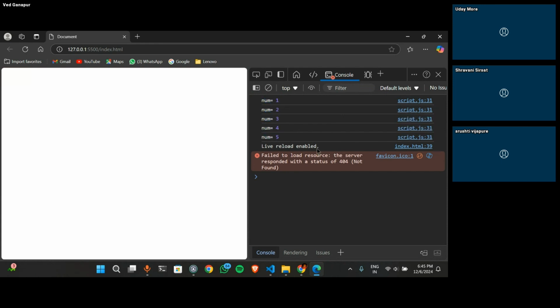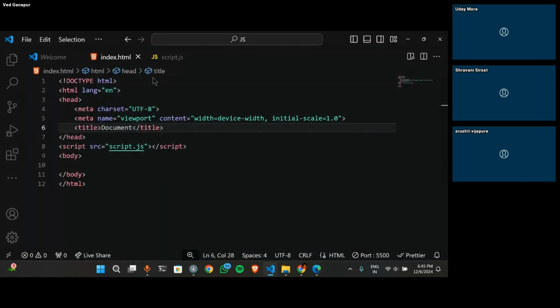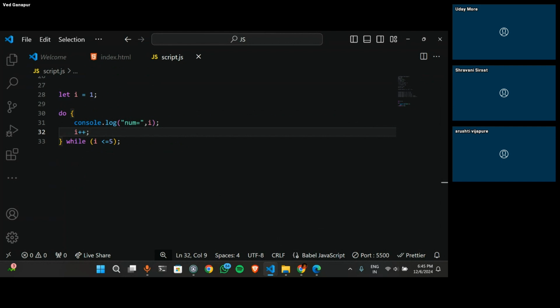हेच नंबर 1 2 3 4 5 हे आपलं प्रिंट झालं, ठीक आहे. हे आपलं झालं डू वाईल लूप. नेक्स्ट कन्सेप्ट आहे आपलं